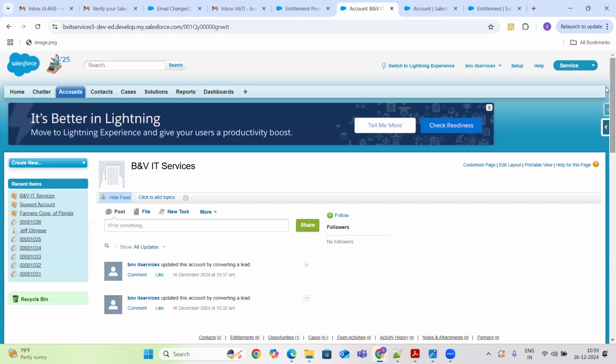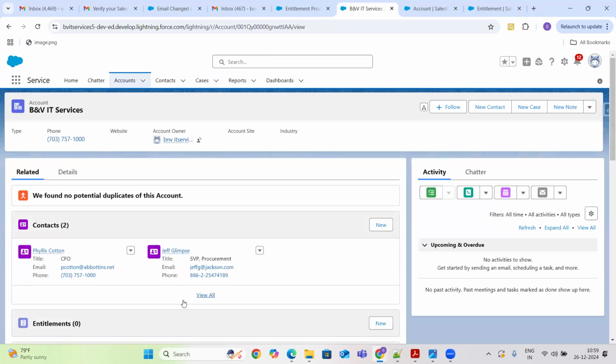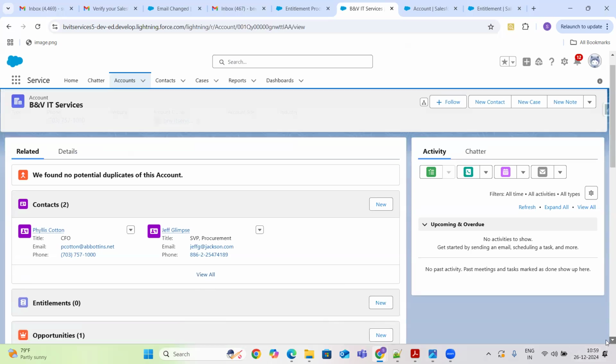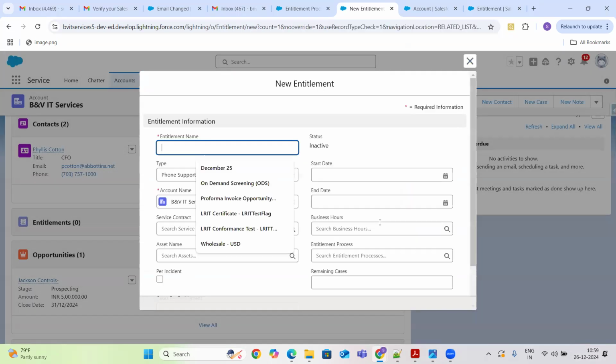So switch back to my Lightning experience. Here also I can see the entitlements, right? So for this account, I'm going to select a new entitlement.